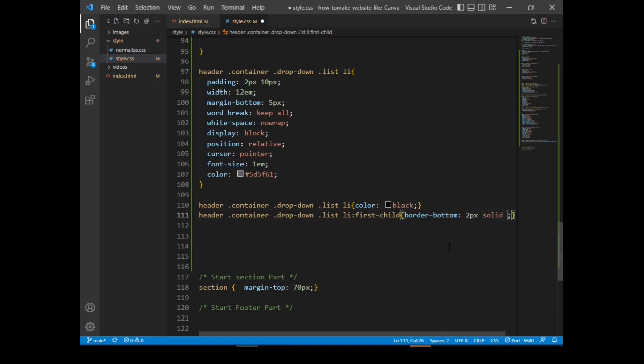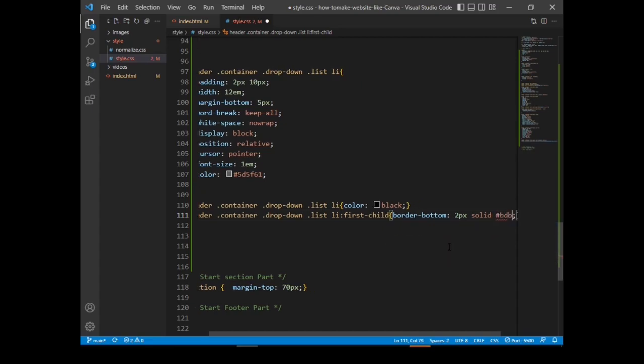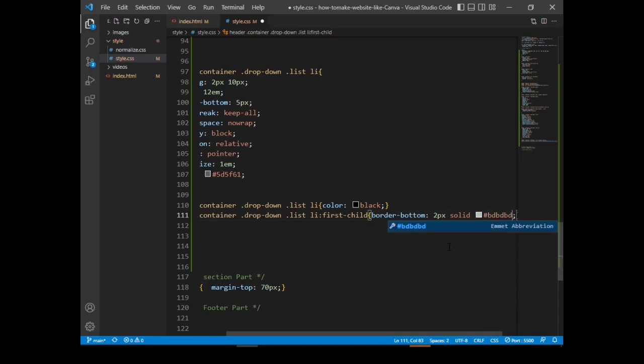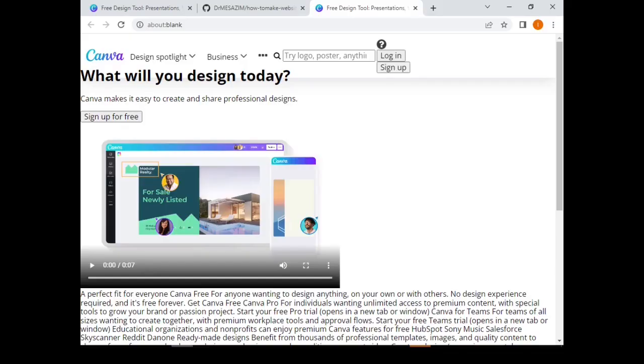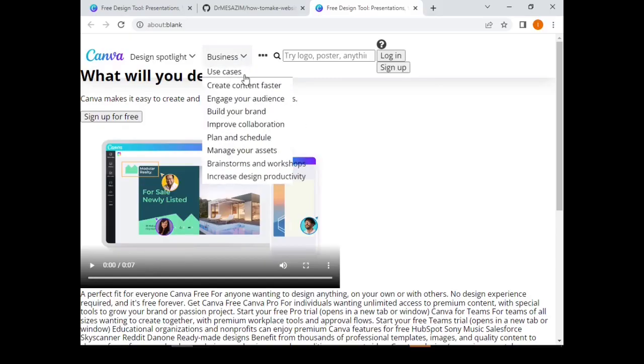Two px solid, the light gray color. There you can see the color appeared.